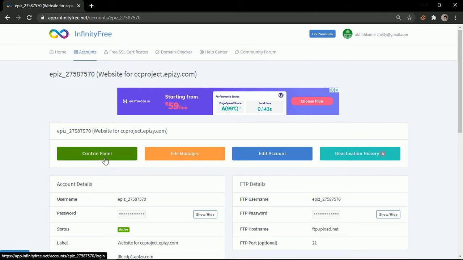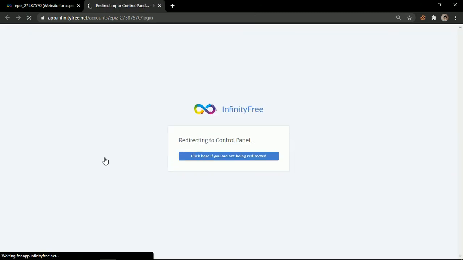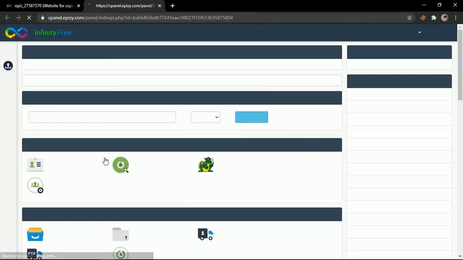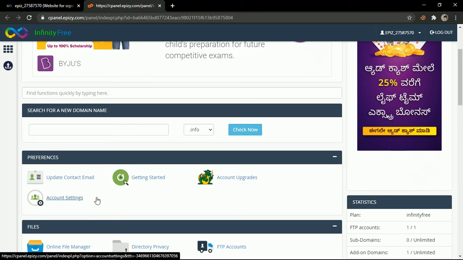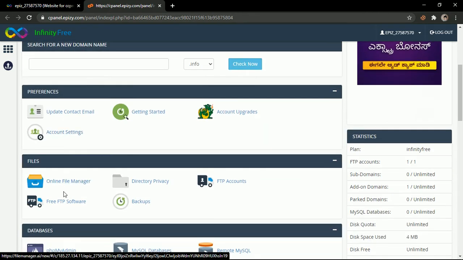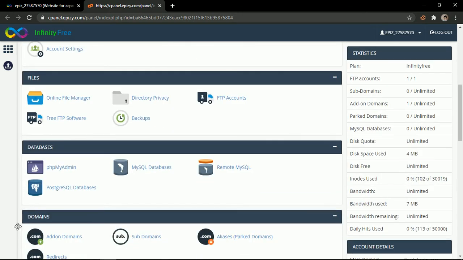To provide information like database information, email information, and domain information, you can go to the control panel. In the control panel there are different kinds of applications available, like preferences, like updating contact email, file information, and database connection.